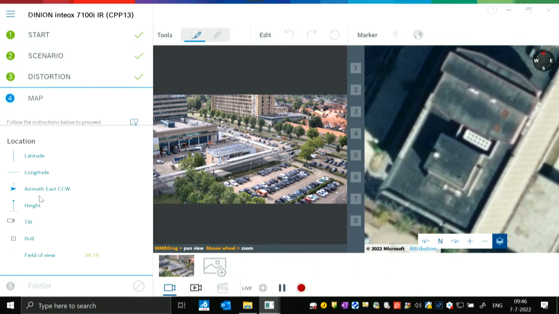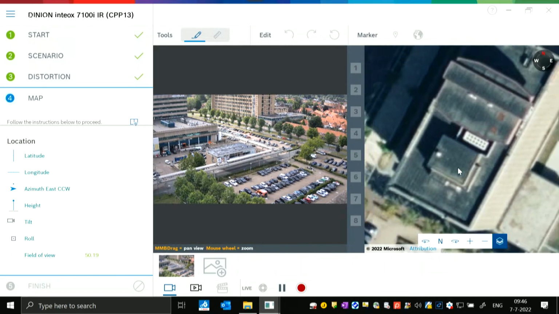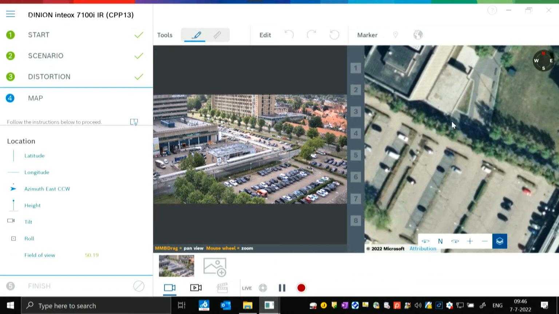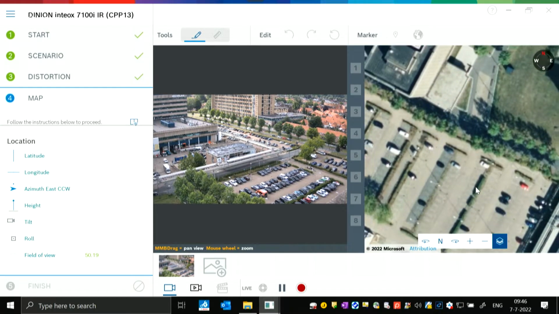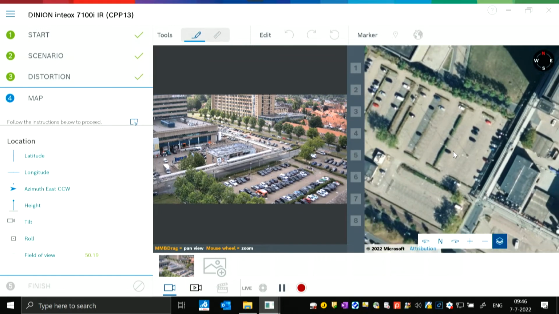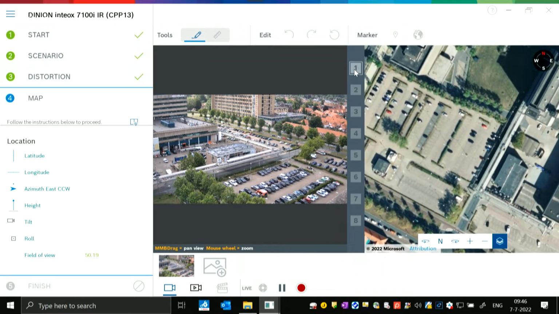So latitude, longitude, the direction, the height, the tilt, and the roll. And how we do that is simply by selecting here. This camera is installed on top, but it has an outlook here to the parking lot. So what we can do is start dragging in pointers. I can drag a pointer simply saying here, okay, this part of the road is point number 1,